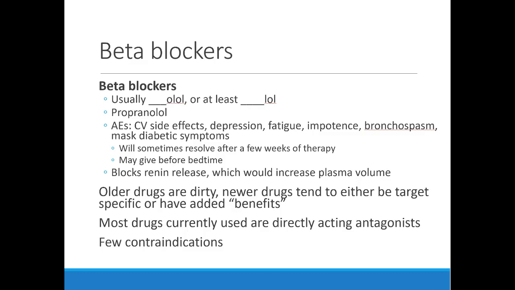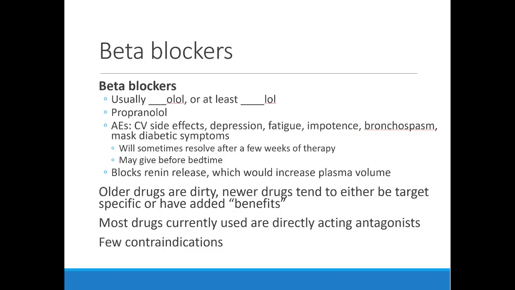Beta blockers work primarily on the heart and they decrease heart rate. That can make people feel a little bit uncomfortable. It can make people feel tired. There are actually some reported mental illness-like symptoms too. People can feel depressed or just not themselves on beta blockers. Because of that, these have pretty much fallen off the guidelines as a first-line agent. Really, we're going to use the other ones before we try these. Now, there are some exceptions, but for the most part, these are not going to be recommended initially for